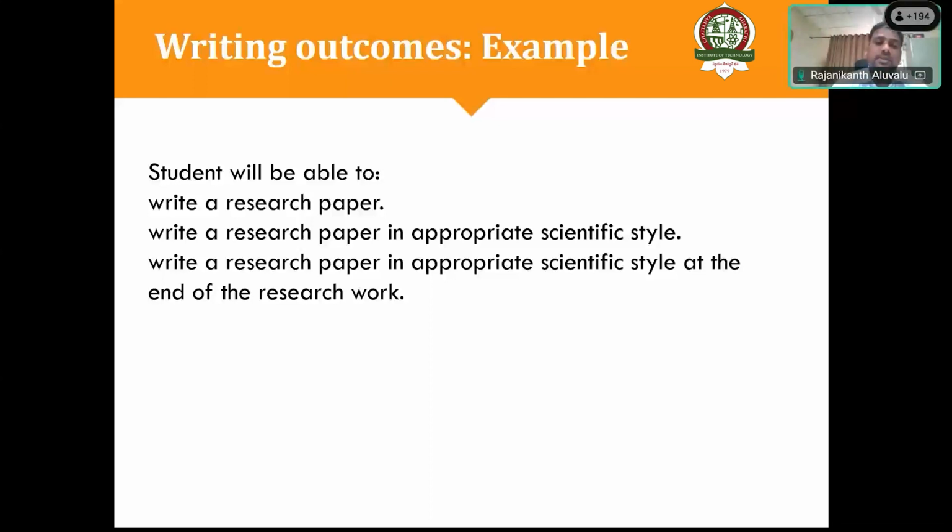So if you look at the third outcome, you see that write a research paper in appropriate scientific style at the end of the research work. Now you can see the completeness of the outcome, and that makes it clear for us how and when we can measure the appropriate scientific style of writing a research paper by the graduate. So an outcome should have an action verb, a learning statement, as well as a criteria, which makes the outcome more and more effective. And when it becomes effective, we can measure that particular outcome. So moving forward,